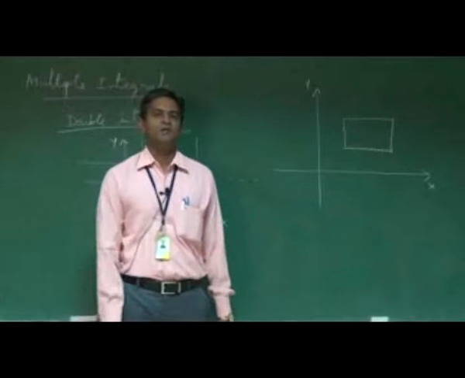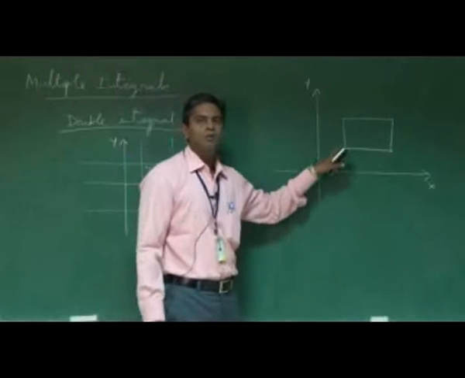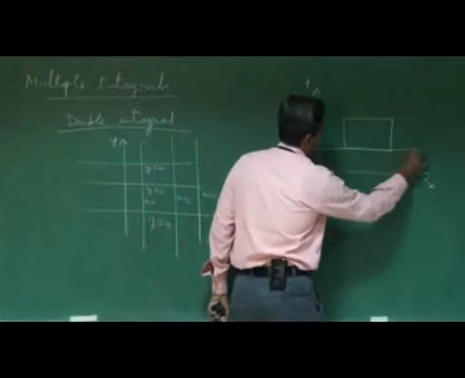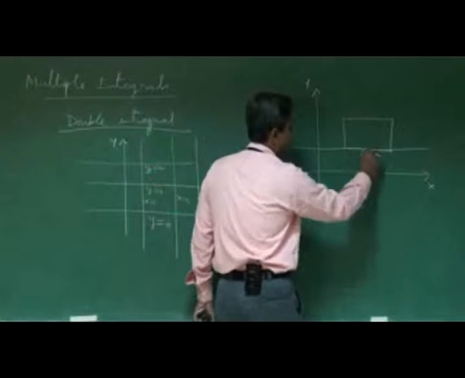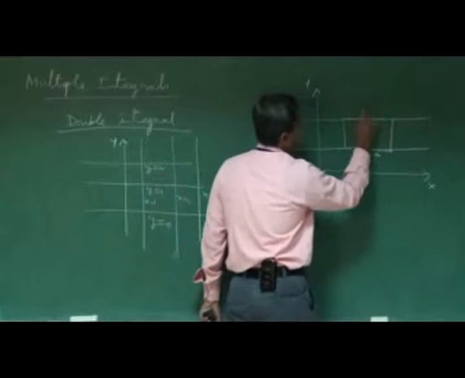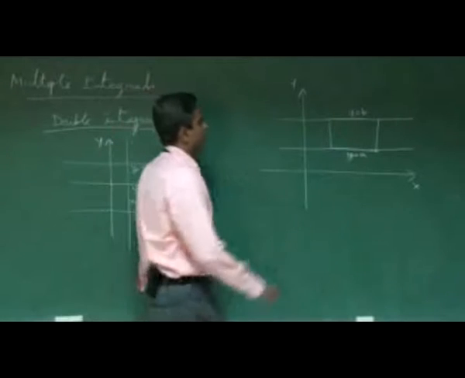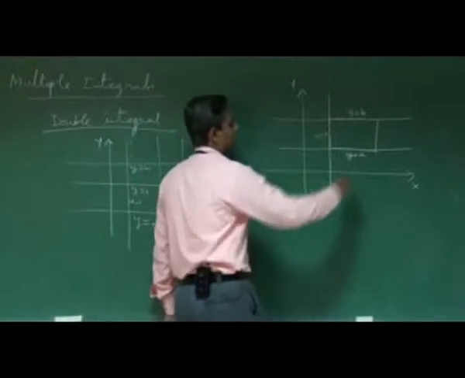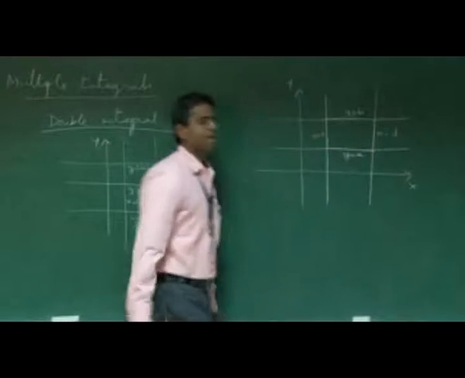What is the area of the given rectangle? So in this case, the rectangle is bounded by 4 sides. This line we consider as x equal to some a, here y equal to some a, and then the line parallel to the x-axis, that is y equal to b, and then the line parallel to the y-axis we take x equal to some c, and the line parallel to the y-axis x equal to d.